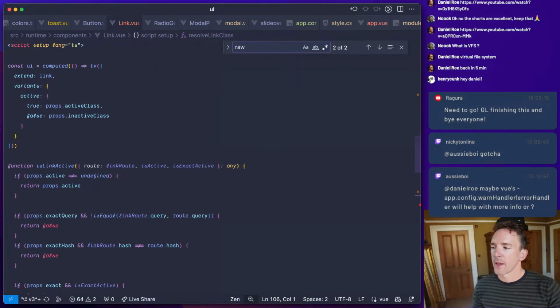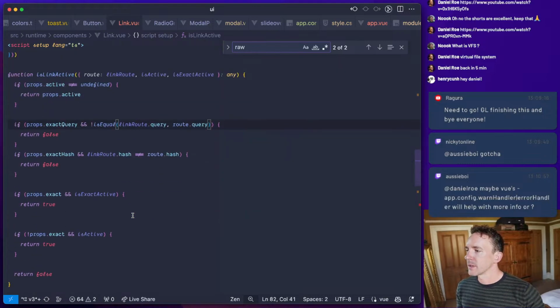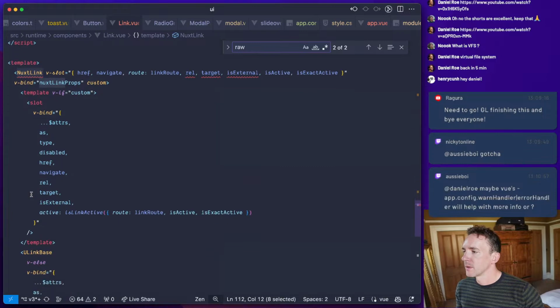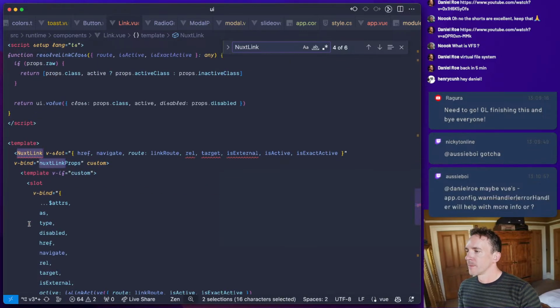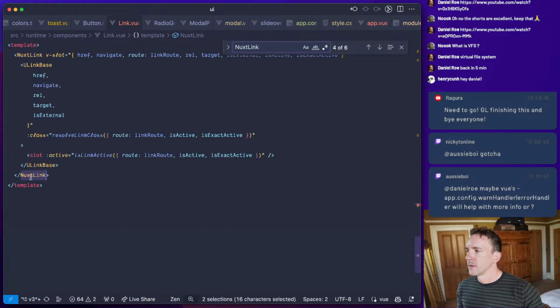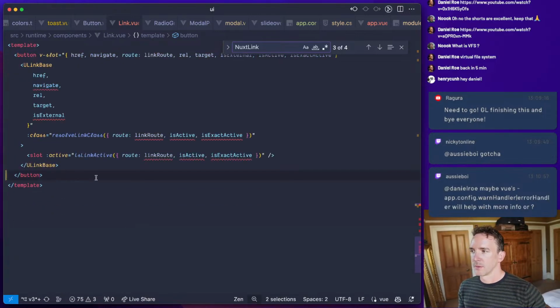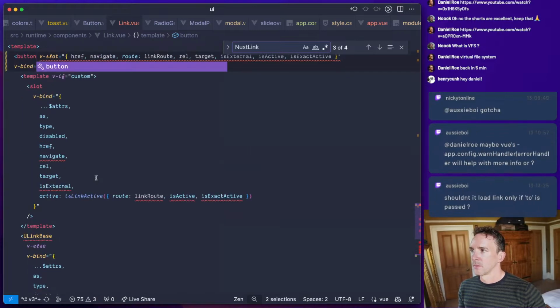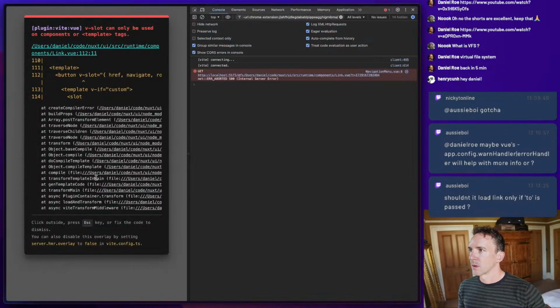So does this mean that every button in a Nuxt UI project is really a NuxtLink? Because that doesn't seem right. Let's just use a button. That's not going to work.